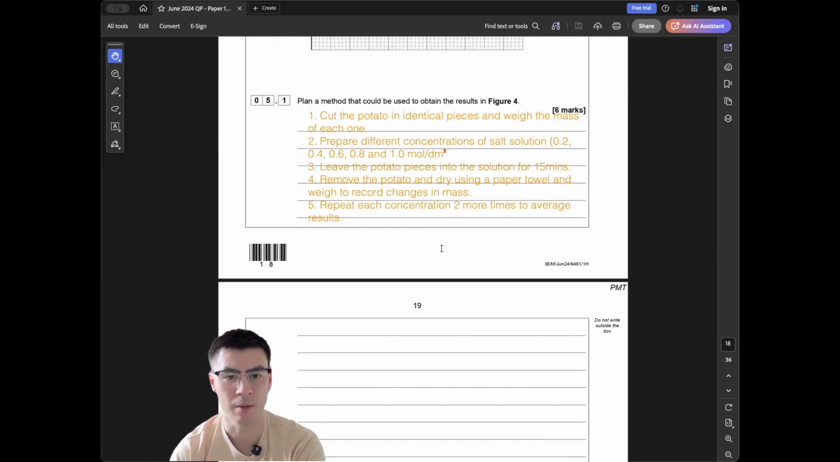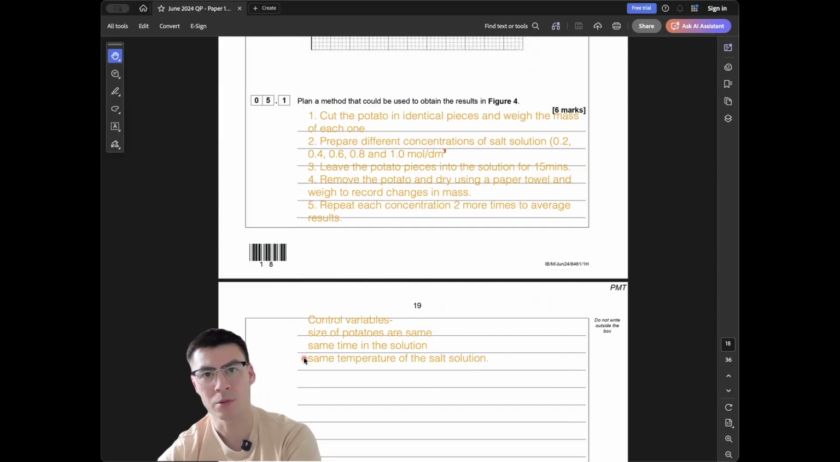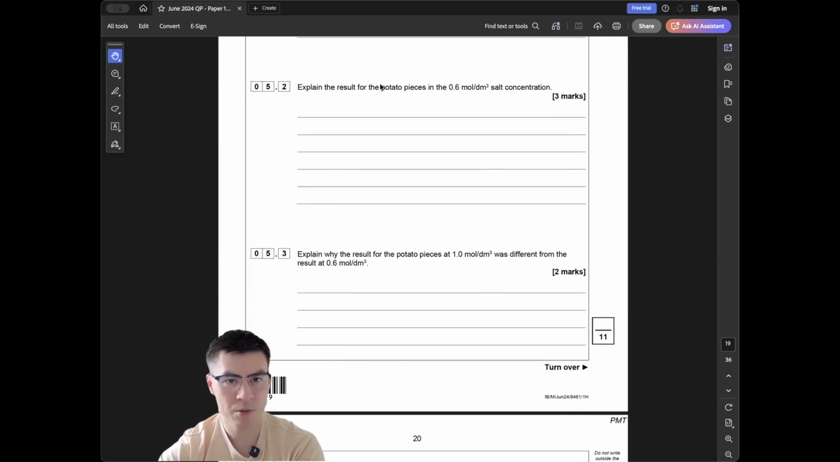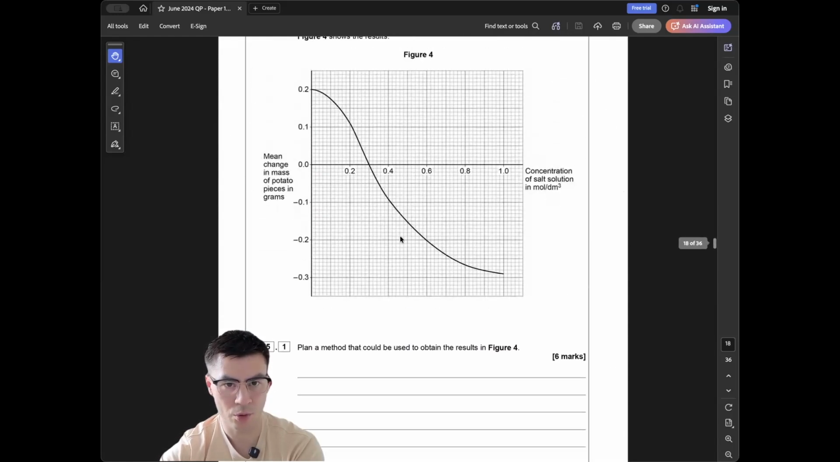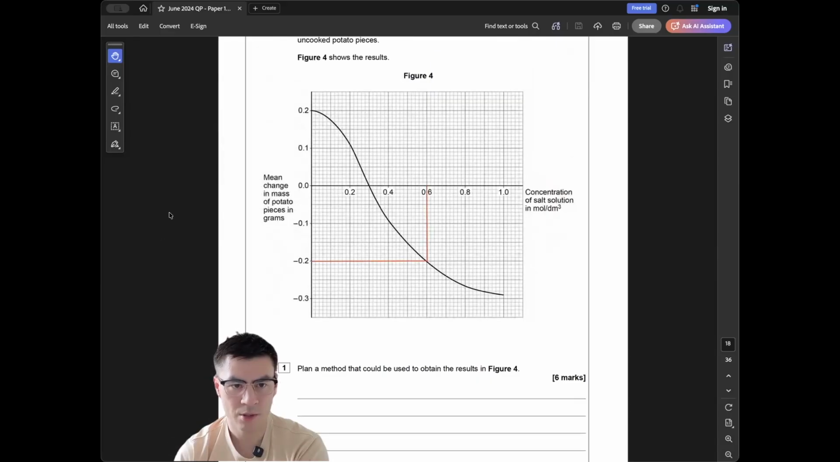你個 results，咁就應該 accurate 啲。Okay, and of course 你每次做 experiment 咁，你就要 keep 有啲 variables 係 under control。咁得6分，我求其寫1兩個應該 OK 嘅。咁有啲咩要 keep the same 就係 size potato must be the same 啦。same time in the solution，我哋如果決定咗15分鐘，就用15分鐘。跟住 obviously the temperature of the salt solution 都要係一樣。如果你寫呢個 method 再加啲 control variable，應該就攞晒6分㗎啦。5.2 explain the results potato pieces in 0.6 molar per dm cube salt solution。如果我哋見到0.6 mol per